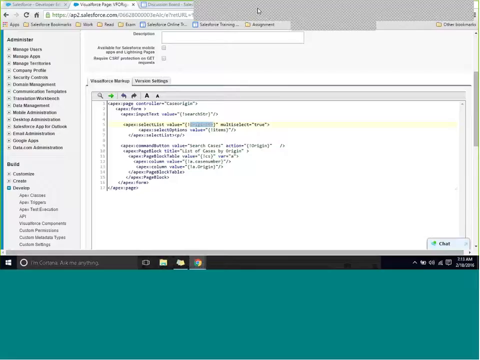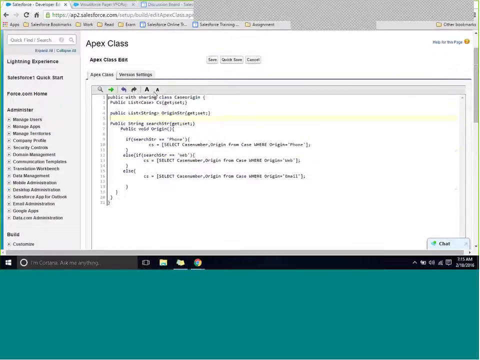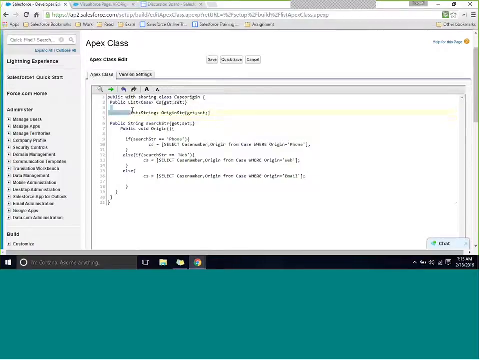Well, for the next option, you are having items, and that items will help you to add options to your list in this case. So whatever options you want to add, you can add that using the select option. Other than this, if you want to add anything else, that can be added from this select options itself. So now you can go back to your code and let's create a list over here. So you have this origin string that you have created as a getter and setter. Let's create here this search string. Also, okay, this was a search string which appeared like a string to you. Now for this origin string, you can add your values. So